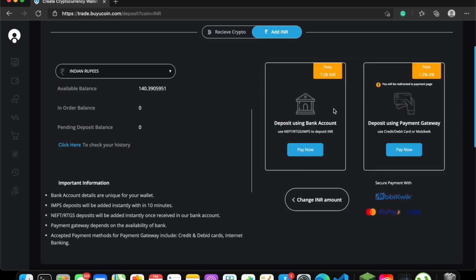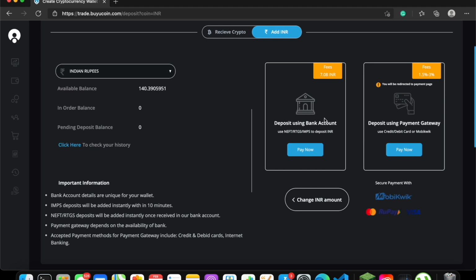Once you click on add funds, it will show you two options: deposit using your bank account, or deposit using your payment gateway. For payment gateway, it only accepts MobiWik. When it comes to deposit using your bank account, it will provide you a virtual account which you need to add to your bank account, and then you can send money using it.